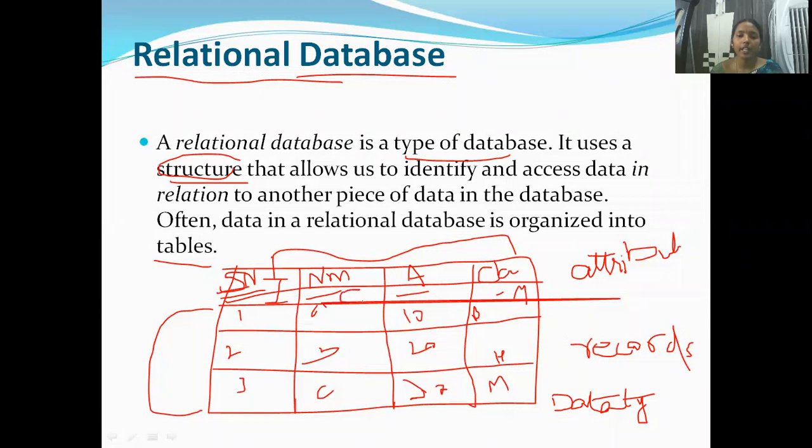Name consists of characters. Aadhaar number consists of numbers, so I say integer. Class consists of characters, so we have character. So in the relational database, the data is stored in the form of a structure, and that structure we call a table. A table consists of columns and rows.